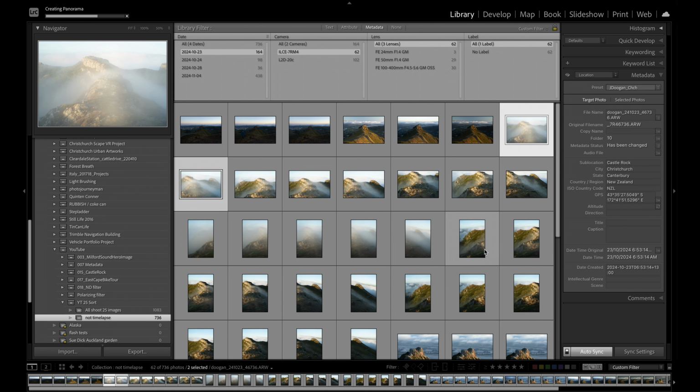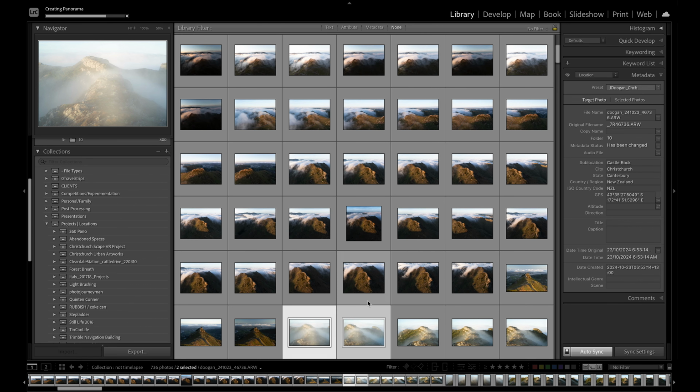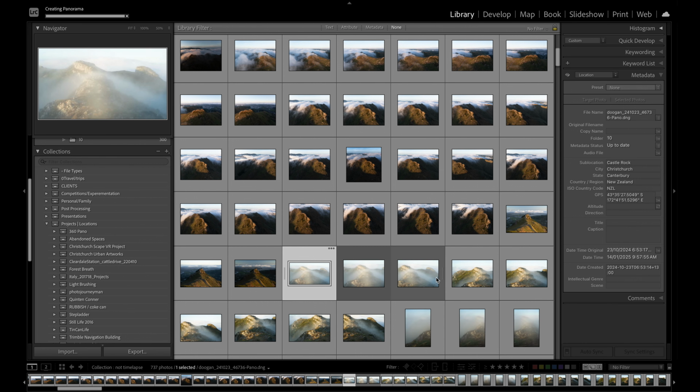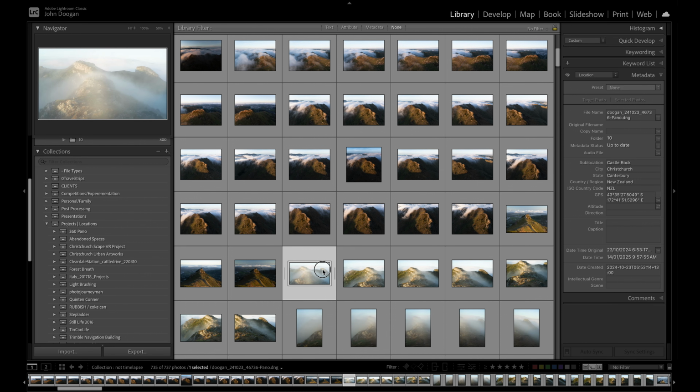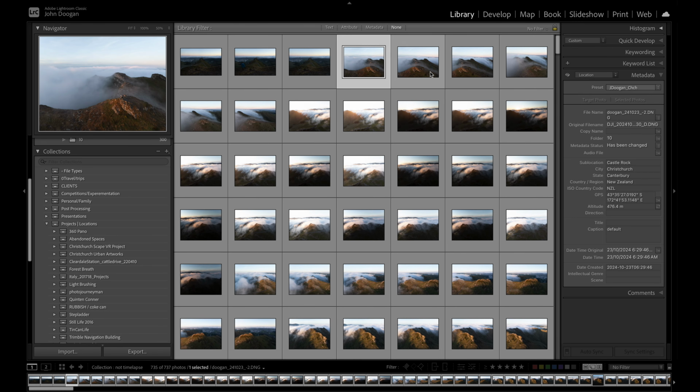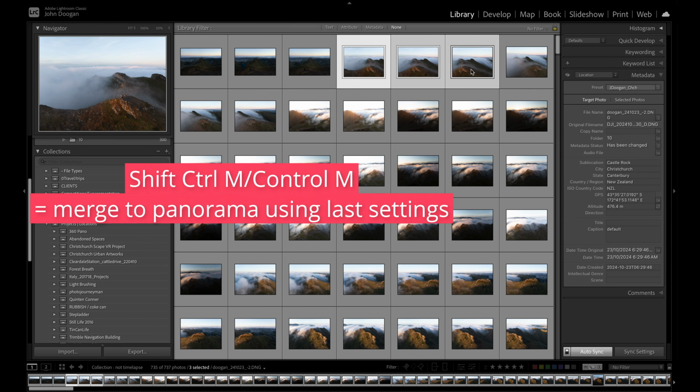So the completed stitched panorama and HDR images are given 1 star if I think they're worthy of further processing. Now here's a trick for processing a lot of similar panoramas. If I select the next group of images intended for a panorama, and instead of Control-M, I use Shift-Control-M,